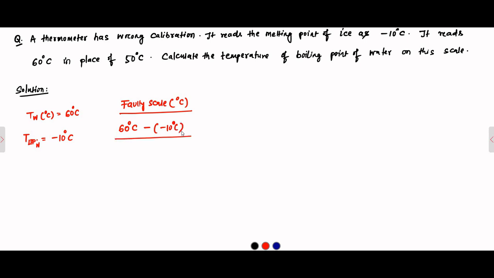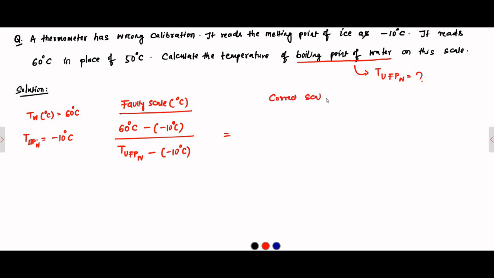by, we have to determine the boiling point of water. The boiling point of water on this faulty scale is nothing but the upper fixed point. This we have to find out. This is not given, so we'll simply put it as TUFPW, that is upper fixed point in the wrongly calibrated scale, minus again the wrong lower fixed point, which is minus 10 degrees Celsius. Then the correct scale,